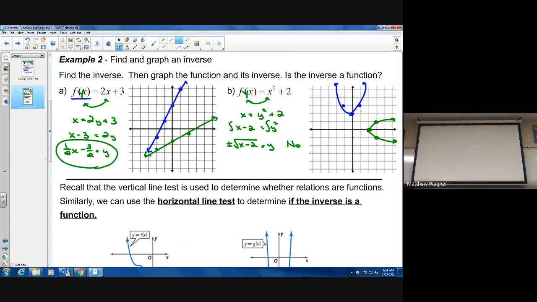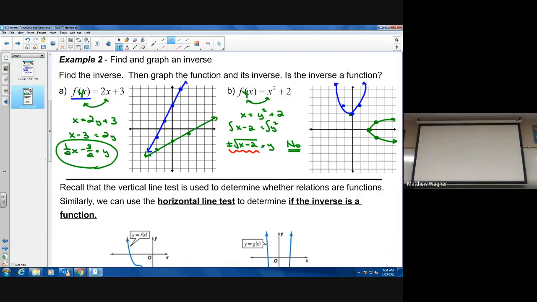No, not a function. Fails the vertical line test. So the question is, how could I now make this a function? Well, remember talking yesterday about our domain restrictions, I now have an even root radical. So what I could do to this problem to make the inverse a function is I could restrict my